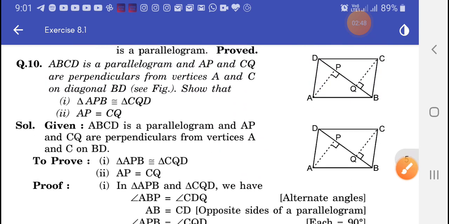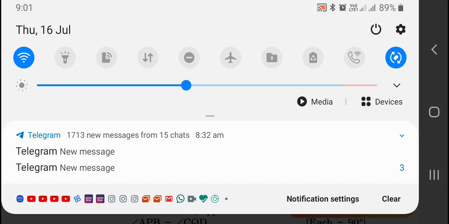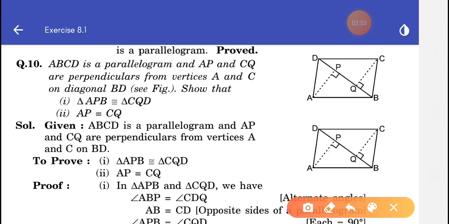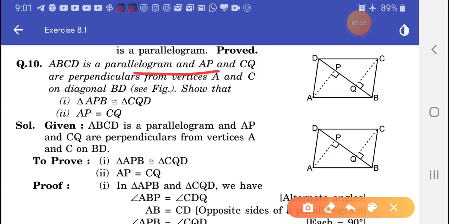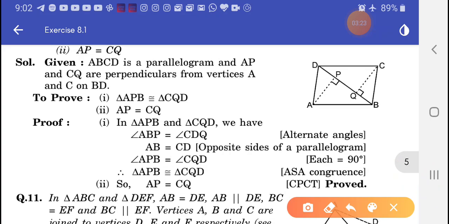Now question number 10. ABCD is a parallelogram and AP and CQ are perpendiculars from vertices A and C on diagonal BD, so that triangle APB congruent to triangle CQD and AP equal to CQ. Now first of all, given